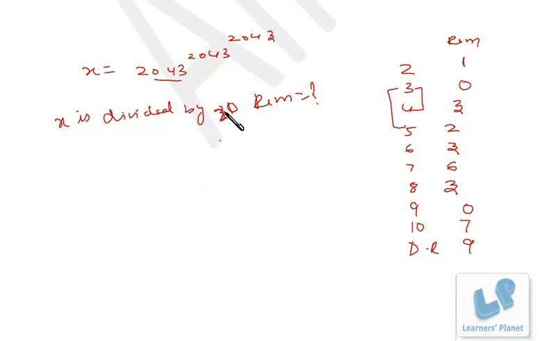Now from 20 we find out the number is in 4x plus 3 format, or we can say 5y plus 2 format, right? Now in that case what you have to do, whatever the value you are putting for x and y, you have to match a number that comes in this sequence and this sequence, right? Suppose I take x as 1, so 4 plus 3, it is 7. If I take y as 1, still I get 7. That means 7 is a number that is in 4x plus 3 format also, and 5y plus 2 format also, right? So if you divide this expression by 20, definitely 7 will be the remainder. Okay.